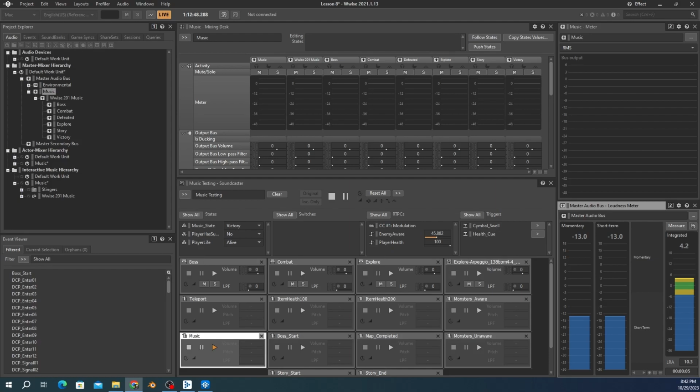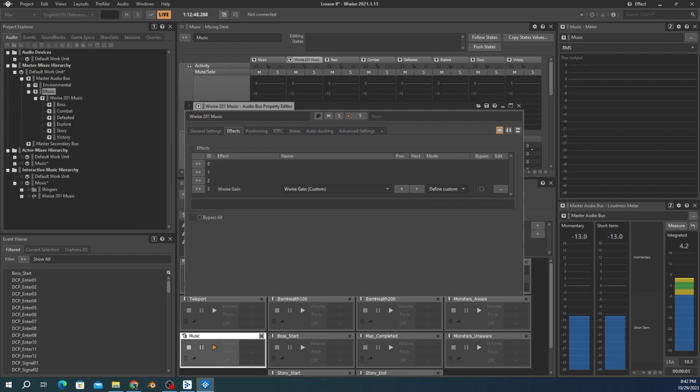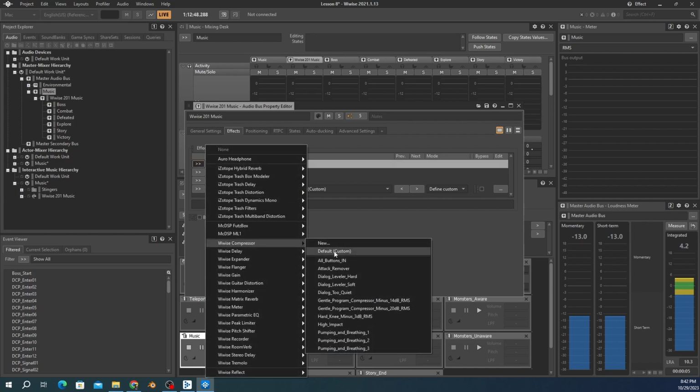Since no methods of automating are available when playing a game, we can instead add a dynamic compressor to all audio buses that will constrict our volume changes between louder and softer parts of the music. I am going to double-click the Wwise 201 music channel header in the Mixing Desk view. Its property editor appears and I navigate to the Effects tab. I can add a compressor as one of this audio bus's effects by clicking the double arrow icon and navigating to Wwise Compressor, and I'm going to choose the one named